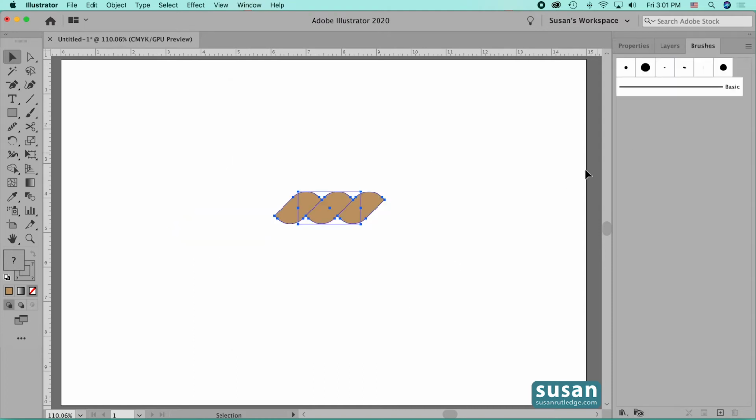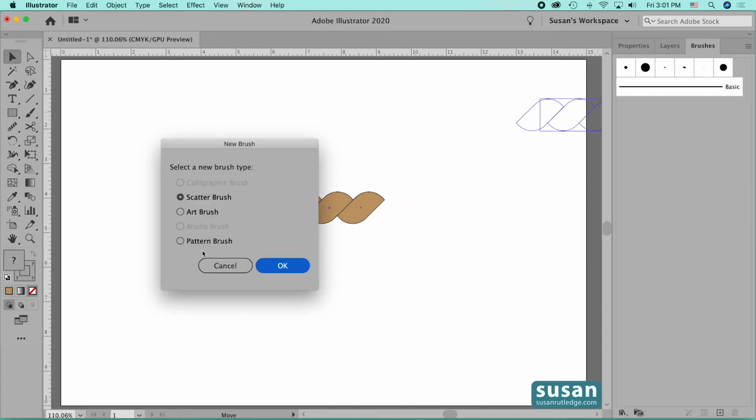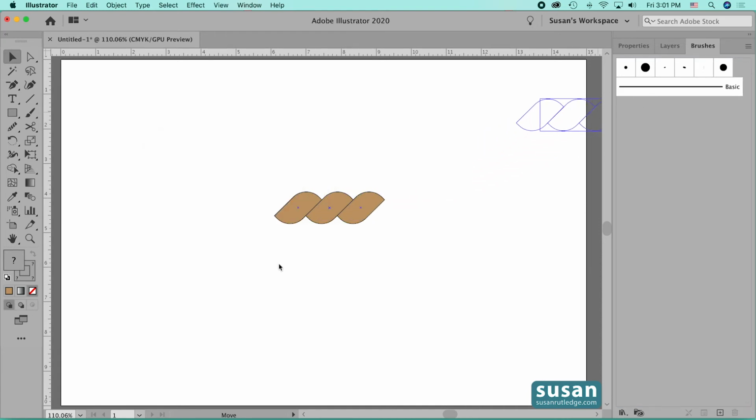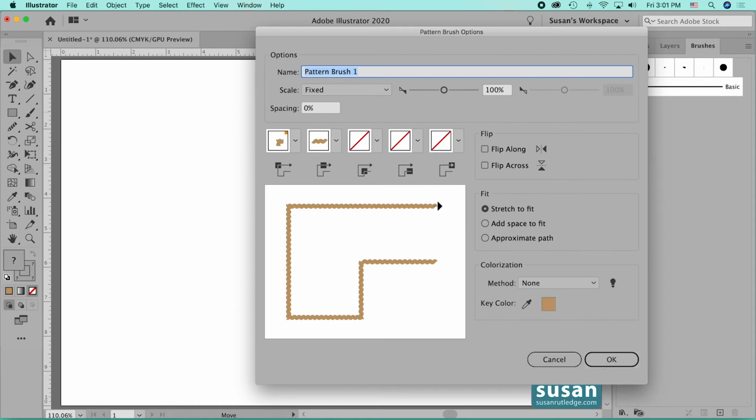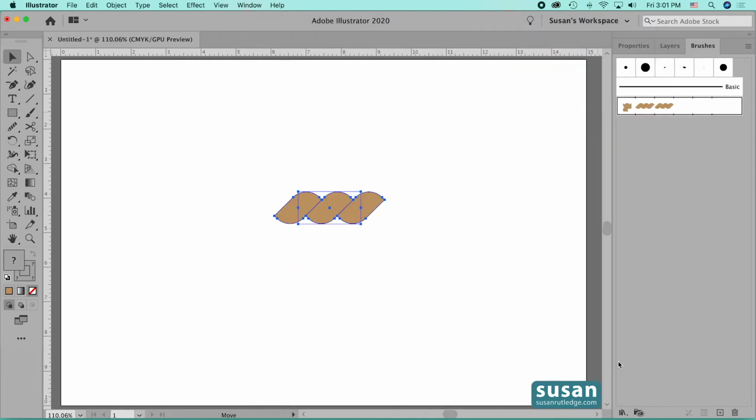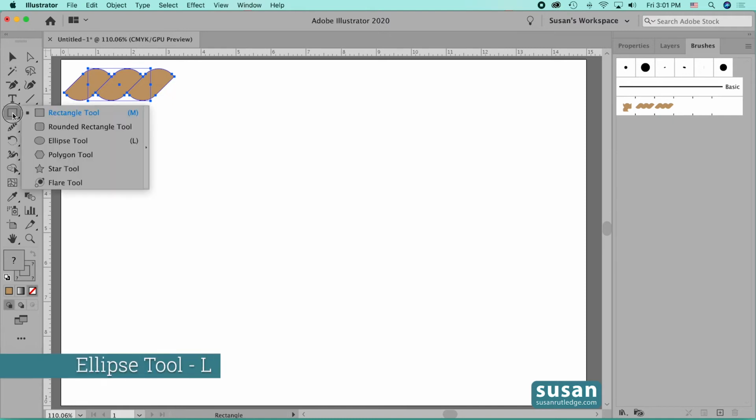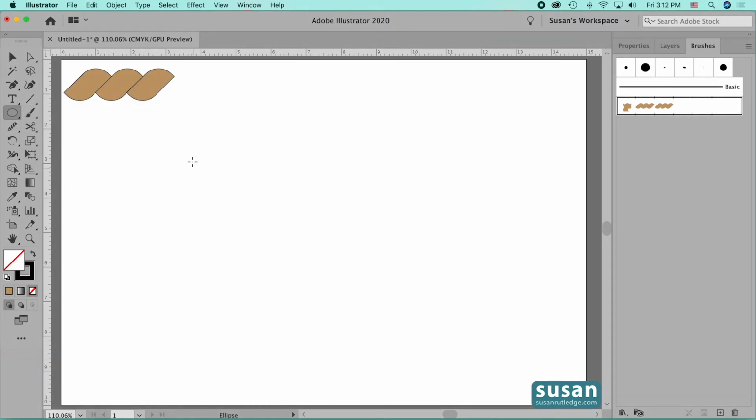Then I'll open the brushes panel, and I'm going to drag our side tile in, and I'll click Pattern Brush and say OK. And let's name this rope and say OK. Then I'll move my side tile up out of the way and get the ellipse tool, keyboard shortcut L, and